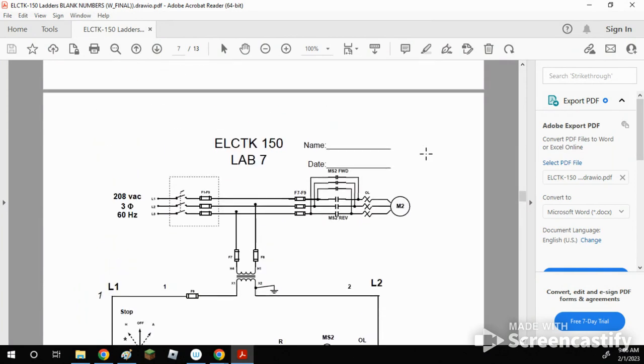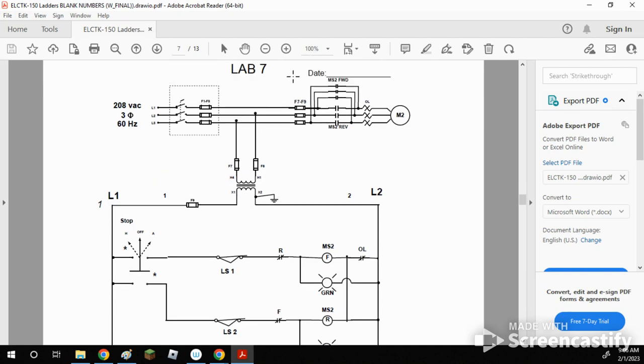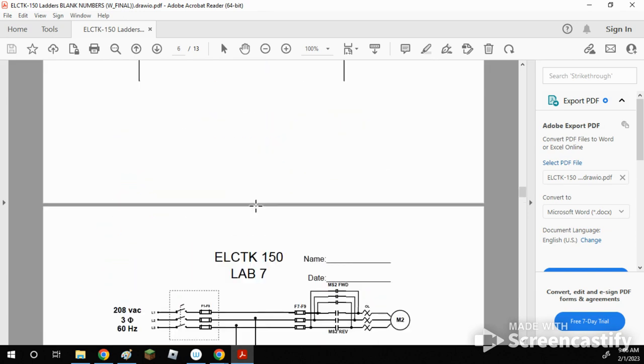All right. But there's a lot that we have to go through on this. This is a forward and reverse motor starter, hand-off-auto switch or selector switch, and then limit switches. And these interlocks here have to do with that forward and reverse motor starter. So a lot to cover before we